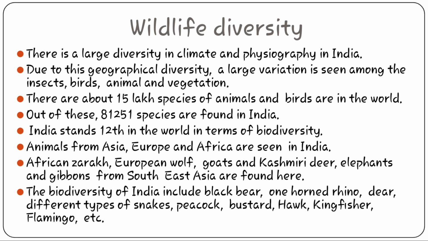And what is the position of India in terms of biodiversity? Please underline. India stands 12th in the world in terms of biodiversity. Animals from Asia, Europe, Africa are seen in India. Different types of animals we are having. African sarak, European wolf, wild goats, Kashmiri deer, elephants, gibbons from Southeast Asia, etc. are found in our country. The biodiversity of India includes black bear, one-horned rhino, deer, different types of snakes, peacock, bustard, hawk, kingfisher, flamingos, etc. India is a place of wildlife